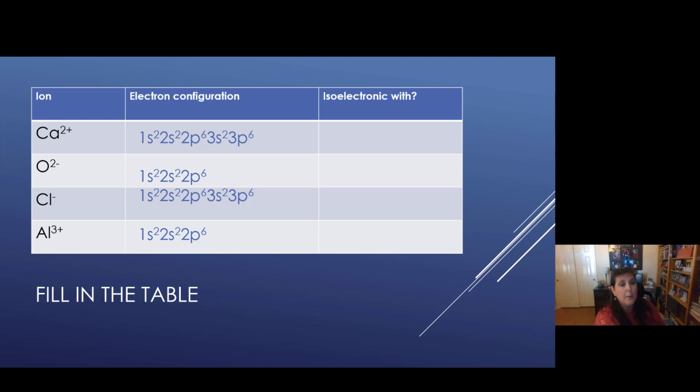3 plus means 3 electrons went away. So we went from 13 electrons back to 10, like neon. So we're like neon, just like oxygen 2 minus. Same configuration. Both aluminum 3 plus and O2 minus are isoelectronic with neon. Calcium 2 plus and Cl minus were the same, like argon, so they're isoelectronic with argon. All right, good job.